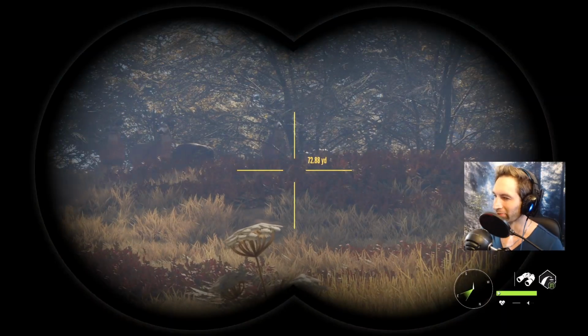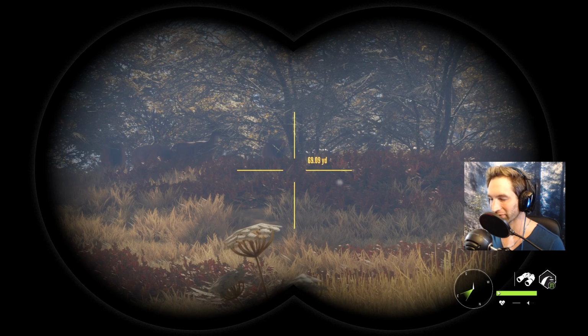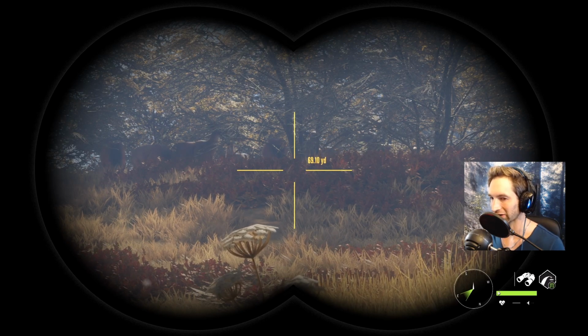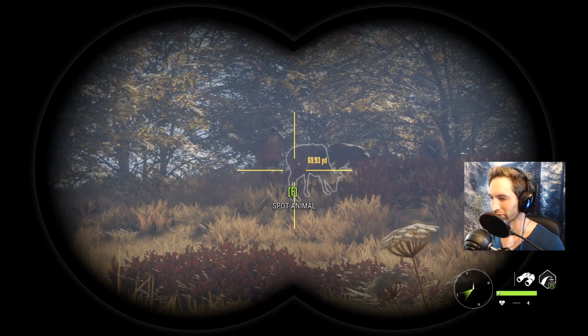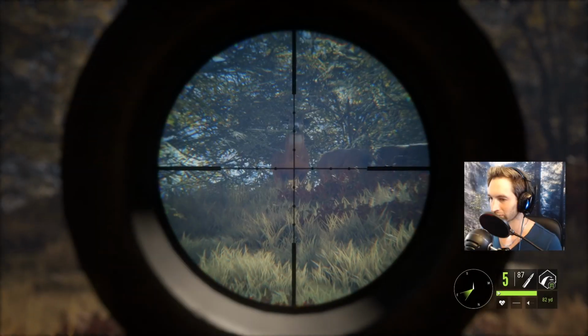We just snuck up on a massive herd of whitetail here. There's got to be about 20 whitetail, maybe 25 whitetail here, but they're about 60 yards out from us. Now, what I think we're going to do is we're going to be in run mode, and we're going to try and take down...